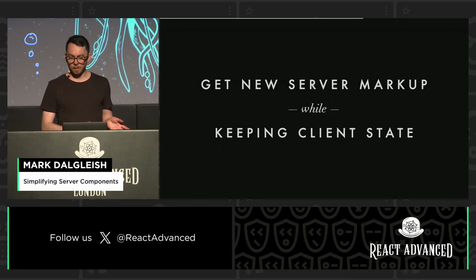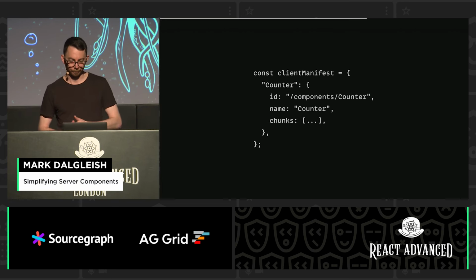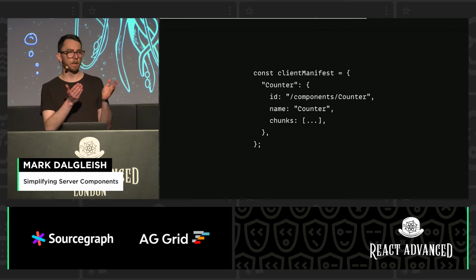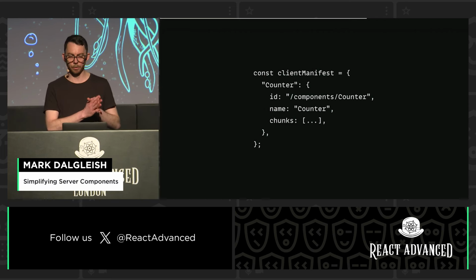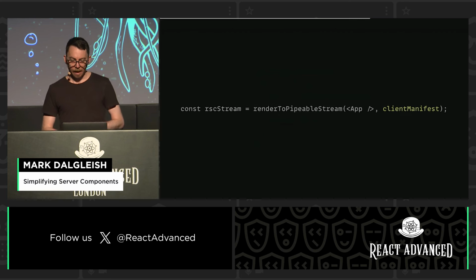So from the client's perspective, this means that we can get new server markup from the RSC server dynamically over the lifetime of the app while keeping client state. This is the whole reason that we use React versus just setting inner HTML all the time. So if we have our client manifest, this object that says how do we map these placeholders in the tree that we've serialized to real live components on the client, and again, client being both the SSR server and the browser,